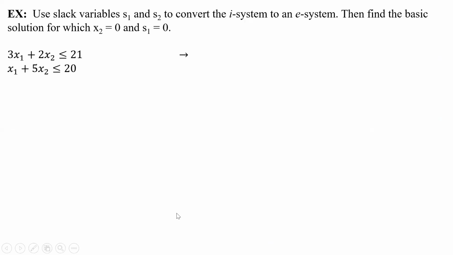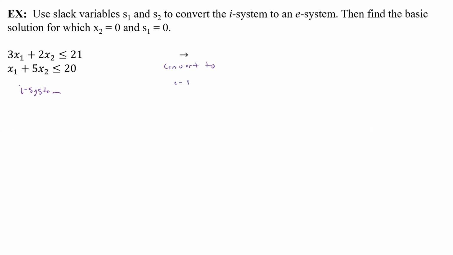So let's look at an example here. We're supposed to use slack variables s1 and s2 to convert the I system to an E system. Then we need to find the basic solution for which x2 is equal to 0 and s1 is equal to 0. All right, so again, this is our I system, and we want to convert